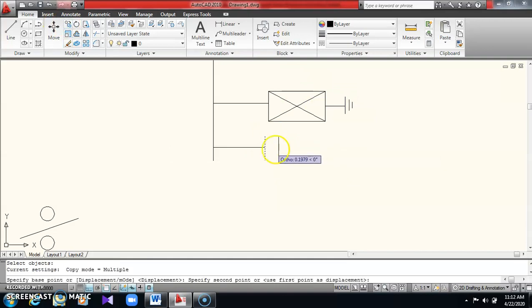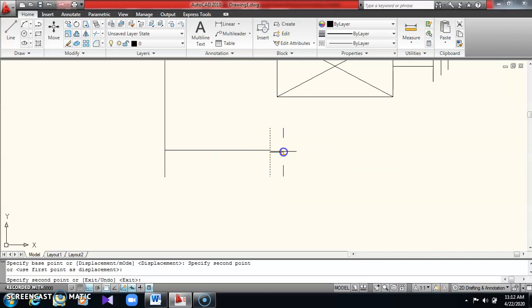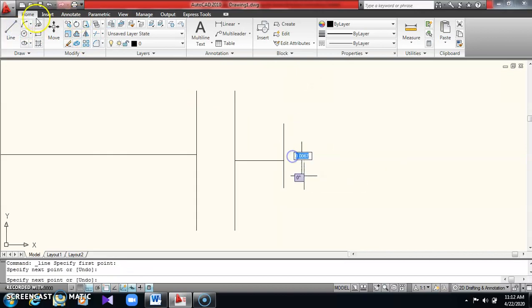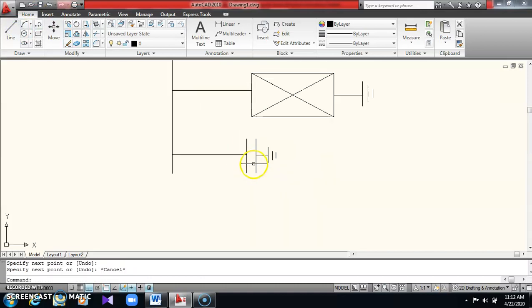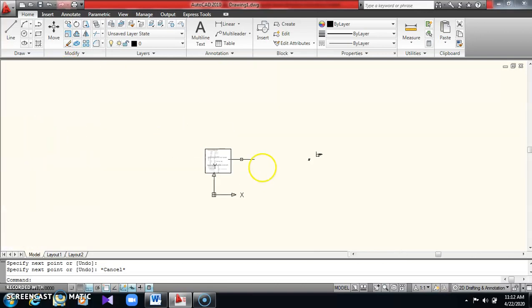It's moving in all directions, so this much is specified. Now this coupling condenser is grounded. Take another line, zoom in, draw a line, take another line, and provide it over here.